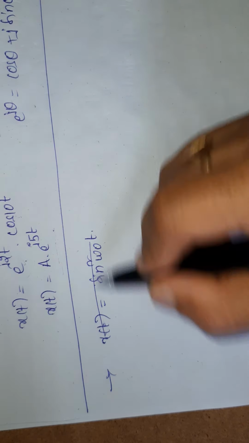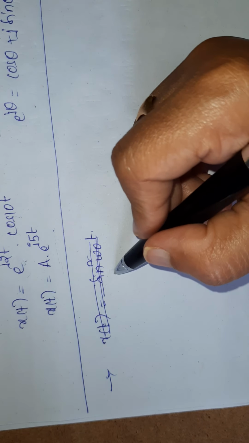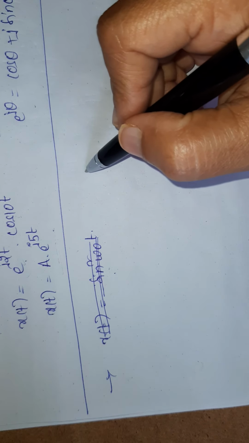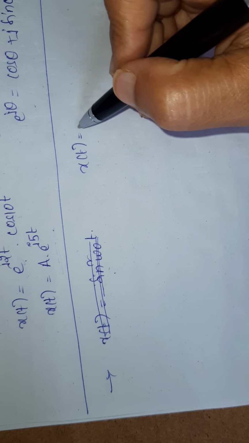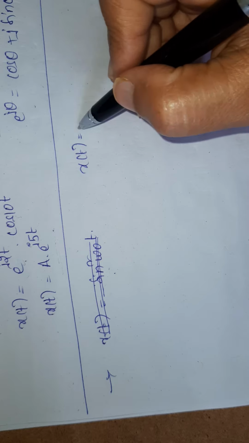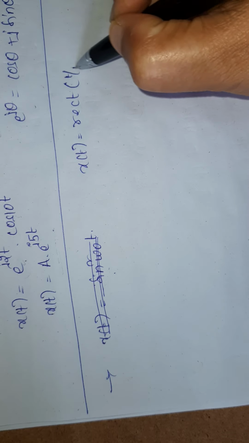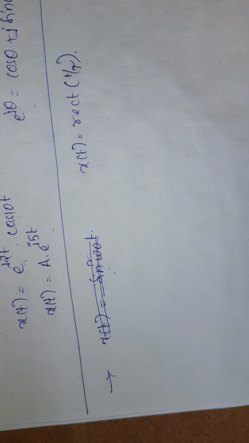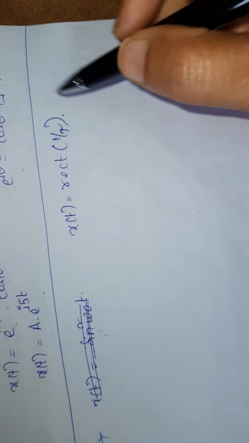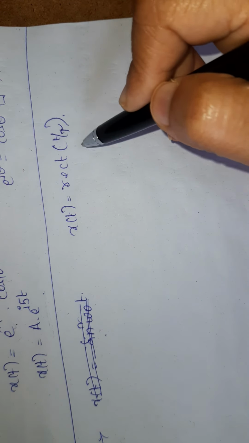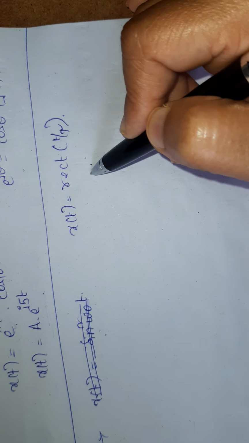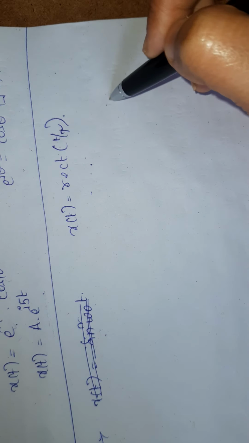Okay, don't go for the sinusoidal signals. Already we discussed that sine and cos sinusoidal signals are power signals. So I am directly going like this. X of t is equal to rectangular function t by tau. Okay, so this is a given problem. We have to determine whether this signal is energy signal or power signal. If it is energy signal, how much energy? If it is power signal, what is the power?